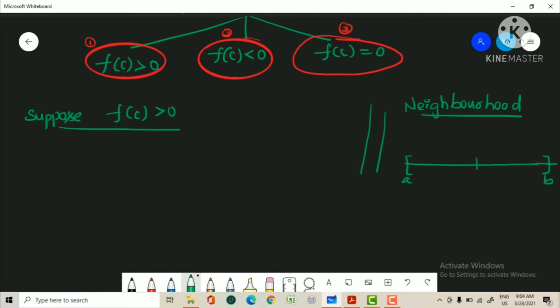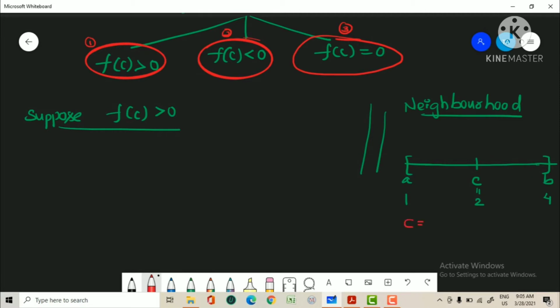In between you have value c. As an example, you take this as 1 and 4, and this you take as 2. Okay, when you add some point,